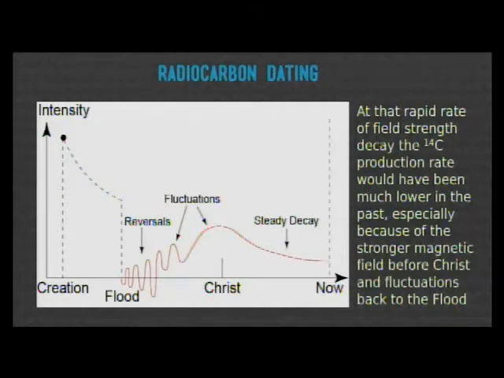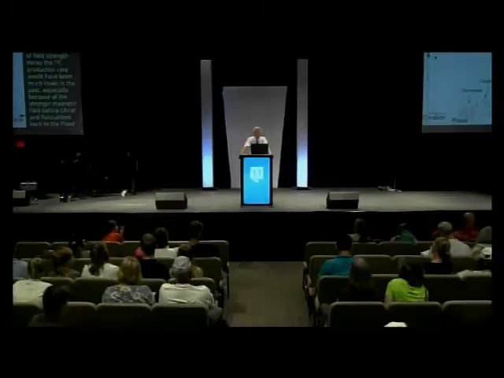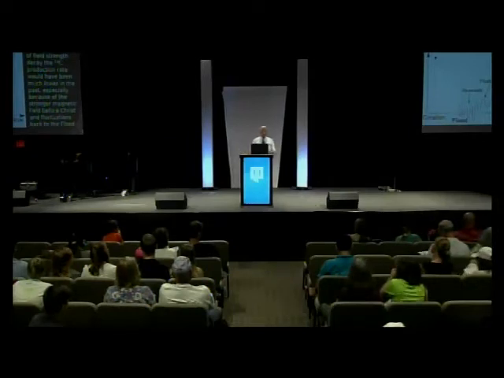Of course, there were fluctuations in the past. We know that because we see evidence of reversals of the Earth's magnetic field back to the time of the flood and during the flood. By the way, we can check this. Sometimes we can actually measure from pottery grains that have been trapped when the clay was baked, that we're able to determine what the strength of the magnetic field was back from those potteries from archaeological materials.